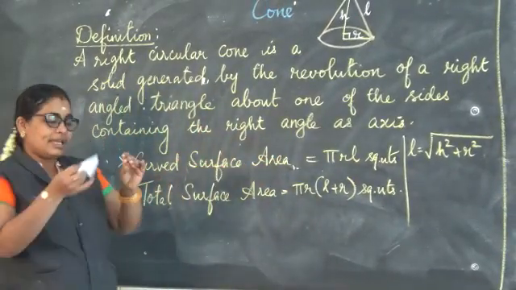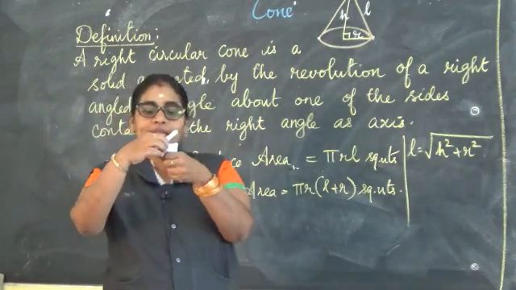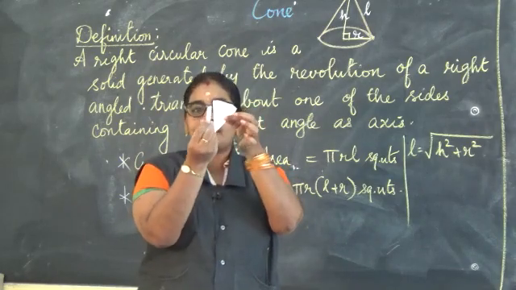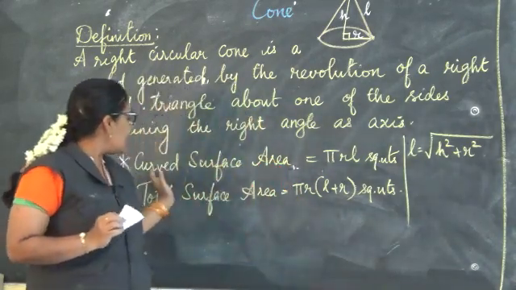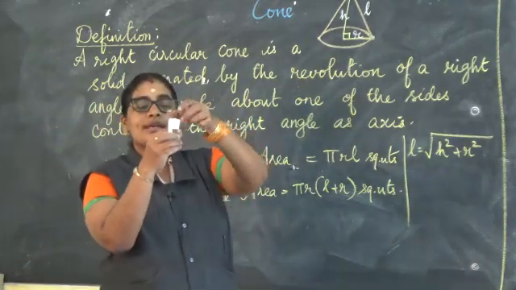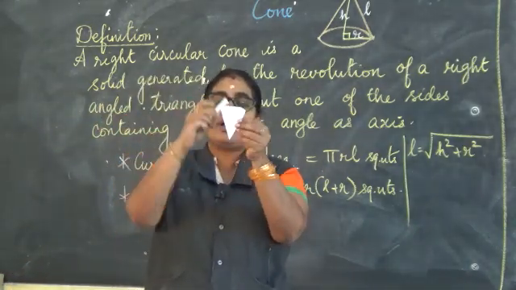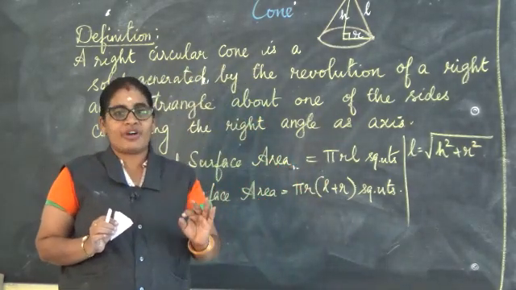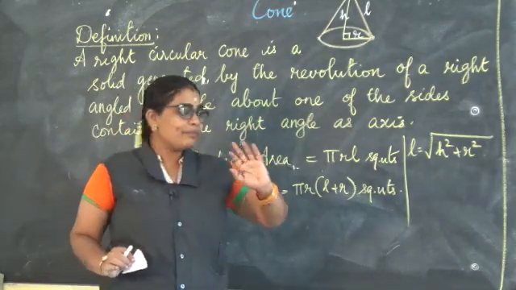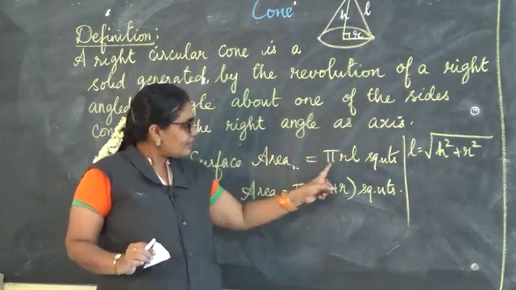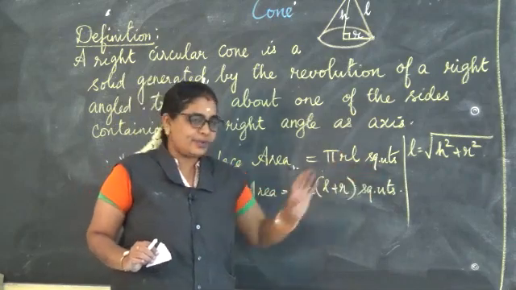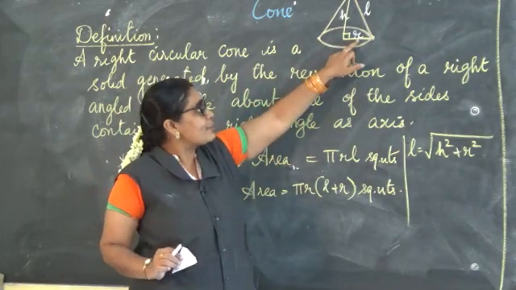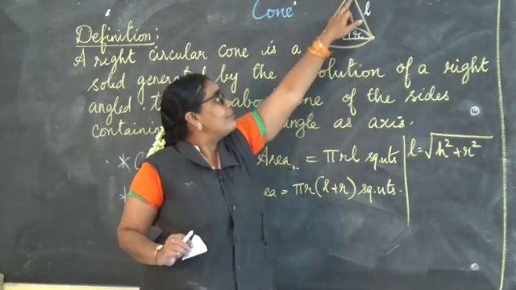And what are the things we need? I have a cone now. I need the values for this. Two things we can have. One, I am circling the outer part, which is called the curved surface area. Where it is curved, this part only is considered to be the curved surface area, and we have a formula for this. How they derived the formula, we can learn from the book. But directly I am giving the formula as pi r L square units, where L is the slant height, r is the radius, and H is the vertical height.